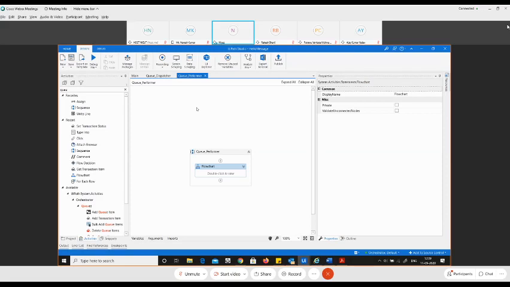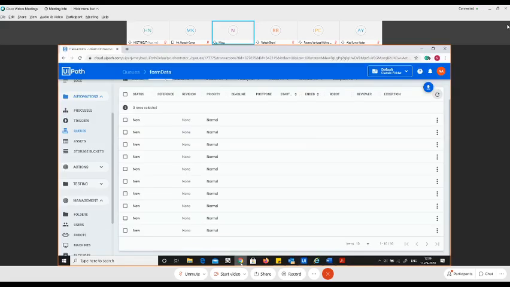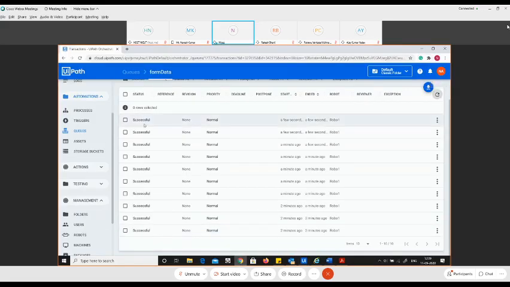Now, okay, so we see over here the execution has completed. Now let us go back to the UiPath Orchestrator. As you can see, everything is new over here. Let me do a quick refresh here, and you can see everything has been successful. Each and every queue item was picked up, and each and every queue item was successfully completed. So you can see over here what time it started and what time it ended, around 12:09:03 and it ended around 12:09:01. So it took that many seconds to execute.